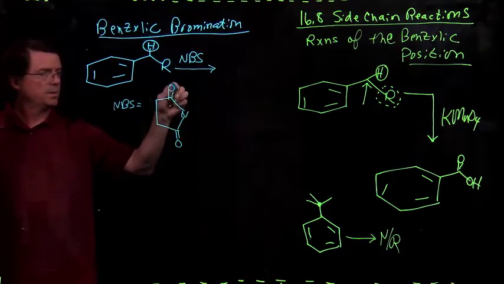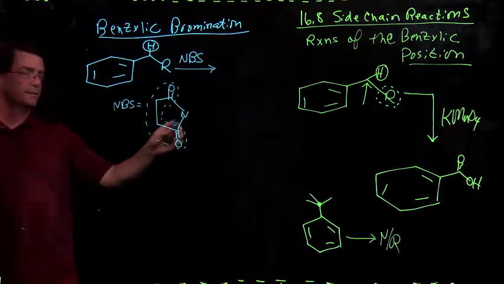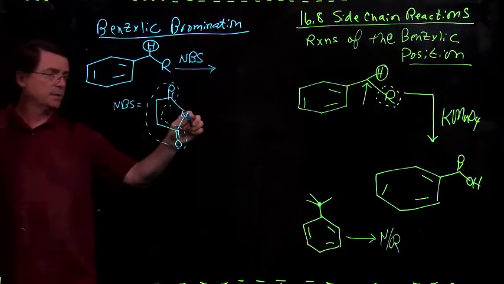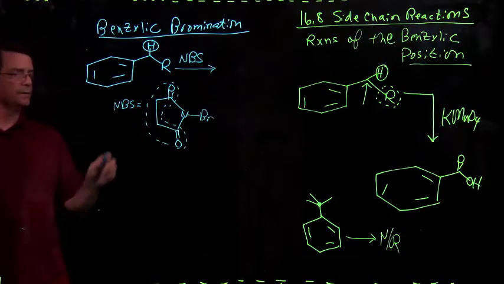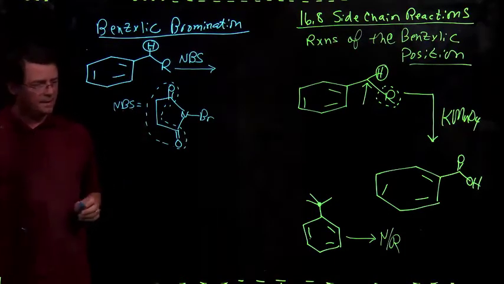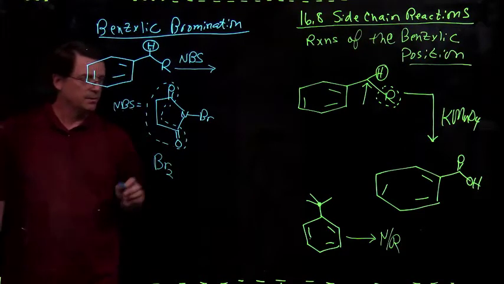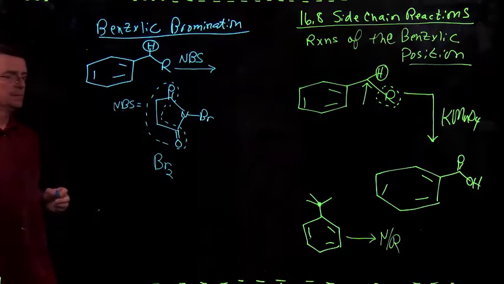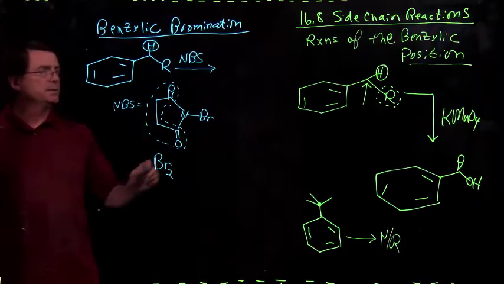So this part is derived from succinic acid. It's a cyclic amide here, so that makes it an imide. And then the bromine is on the nitrogen, so N-bromosuccinimide. And what this does is it provides a low concentration of Br2 for the reaction. We also need a radical initiator,